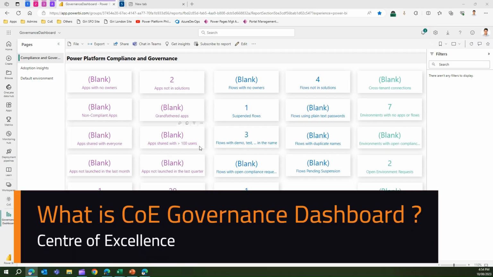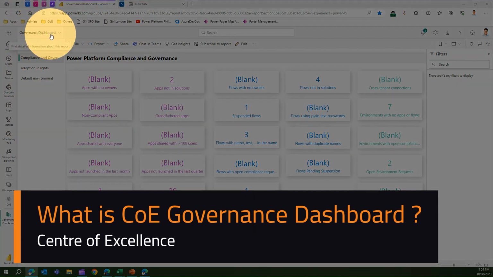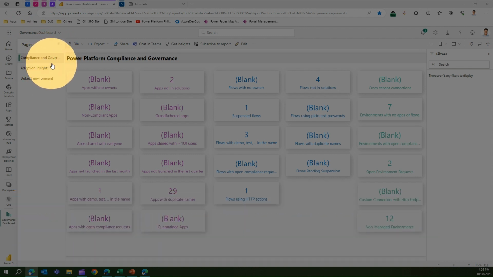In this video, I'm going to talk about one of the dashboards within the Center of Excellence Starter Kit called the Governance Dashboard. Now, what is a governance dashboard? The governance dashboard is a dashboard which, once you host it in Power BI service, you'll be able to view as a rich visual report. Now, this report will show you some information with regards to compliance and governance, adoption, and some basic information about